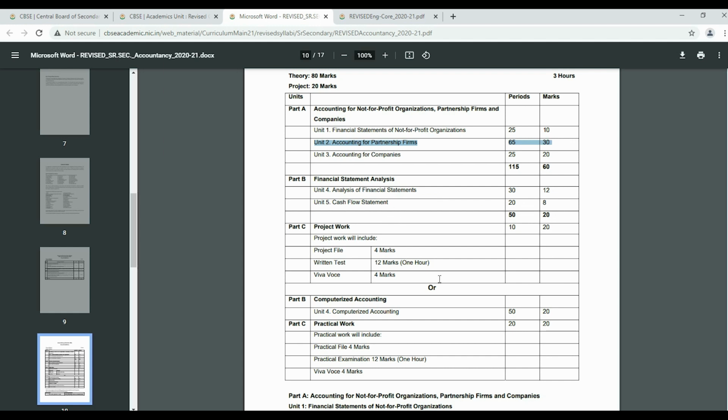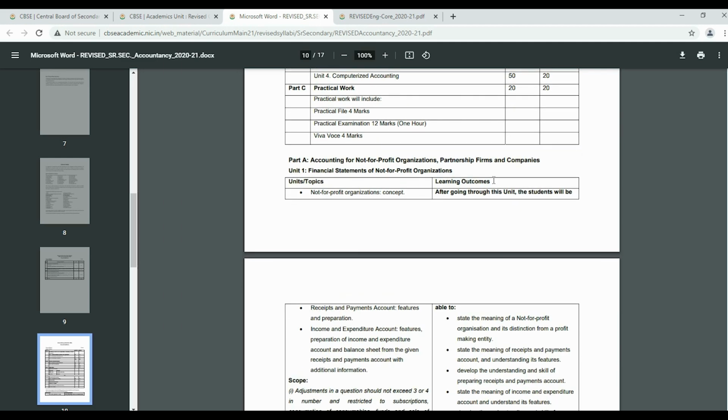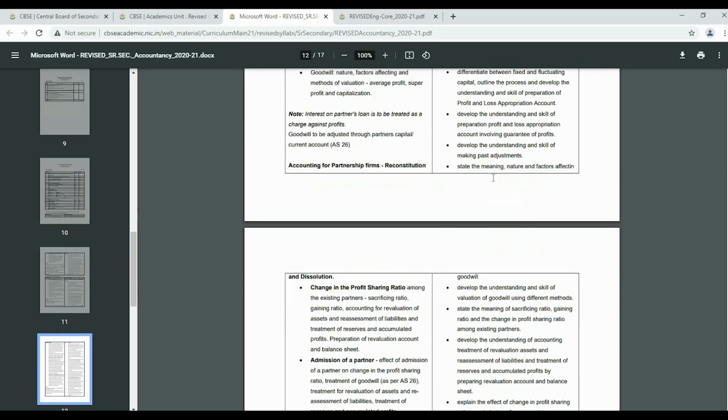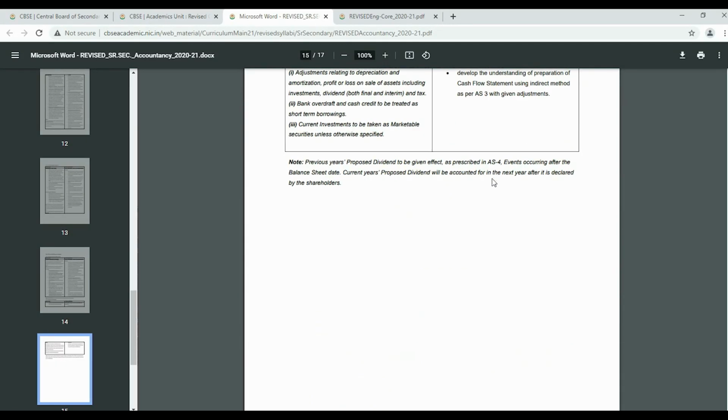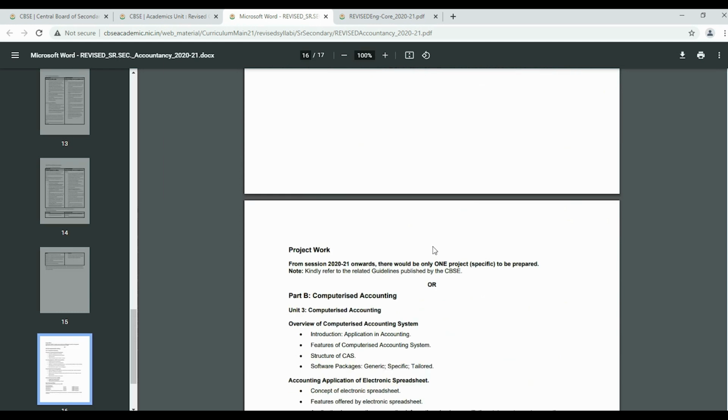Now you can plan your preparation accordingly, that you should focus on this chapter first and maybe least on this one, or howsoever you go about it, how it would help you prepare for the exam. Again, when you scroll down, you will see other details. You can see the typology of questions that would be there. You can see what things were there previously and what are not there.